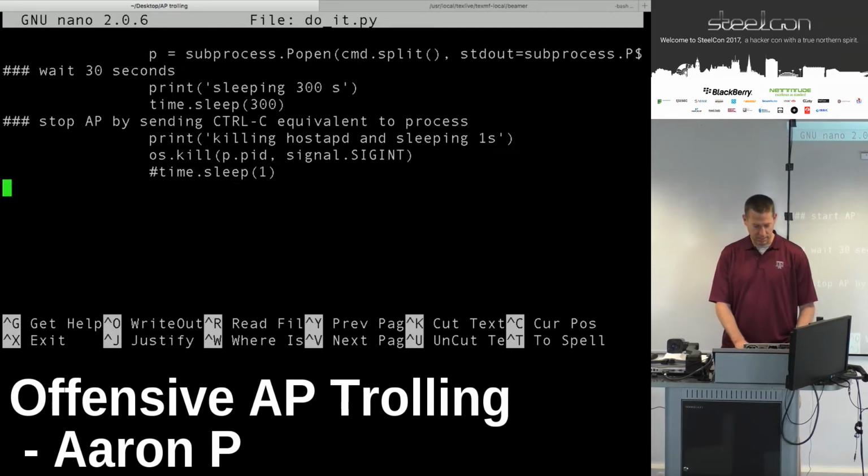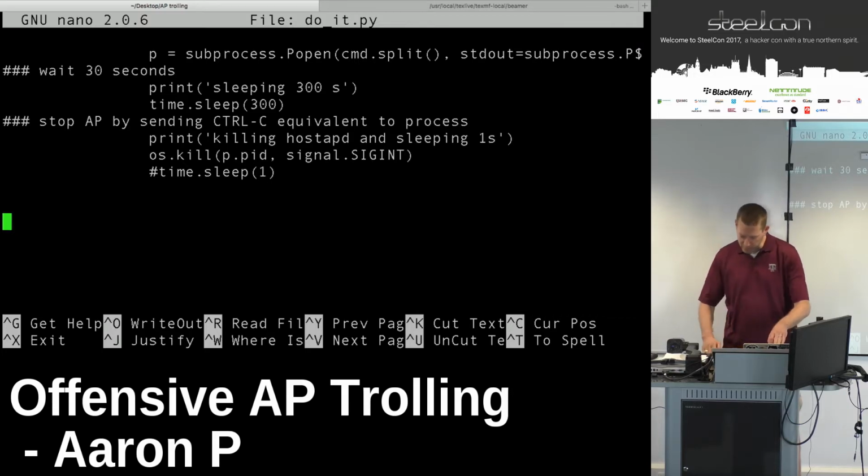So this is really just the code for starting it. Wait 30 seconds. I actually have it waiting 5 minutes now. That's why you don't see it changing every 30 seconds. So it's still the NOMEX Ultra Secure Wi-Fi. In 5 minutes it'll change. And then after that it'll kill it nicely. It kills the SIGINT, just like pressing Control-C on the process. I did have a sleep in there, but it turns out you don't need it. And then it goes to the next SSID in the list.